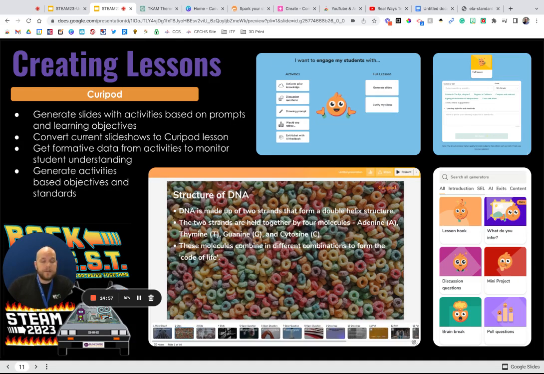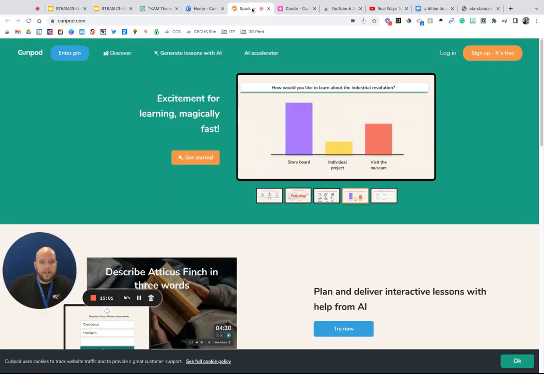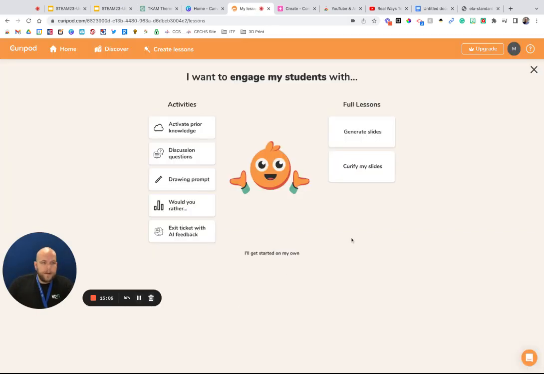It also has, or I would say a little bit more robust, I should say, because it's got a lot more information, a lot more activities. So let me go ahead and log in here real quick. When you log in for the first time, and this is an example of a freemium product, I will go ahead and be upfront with that.